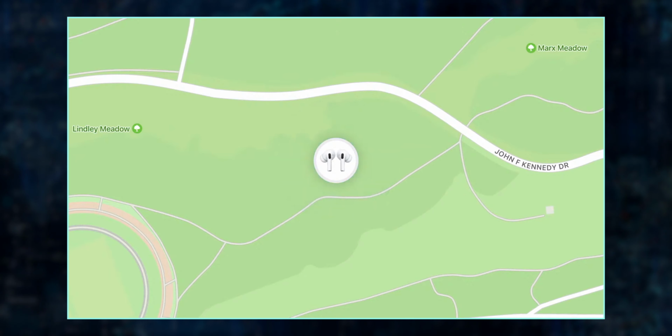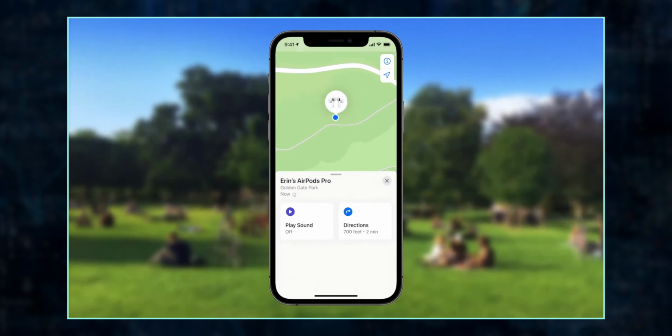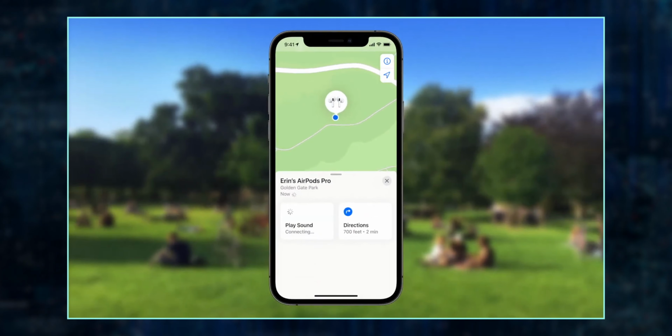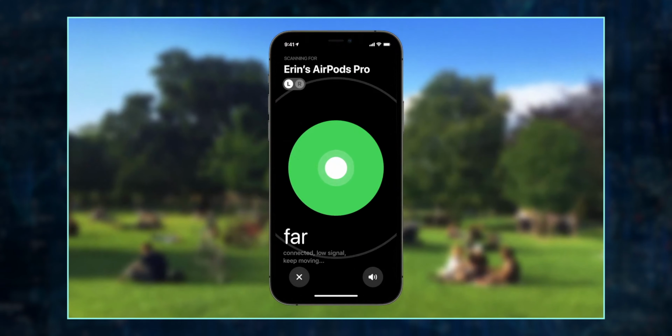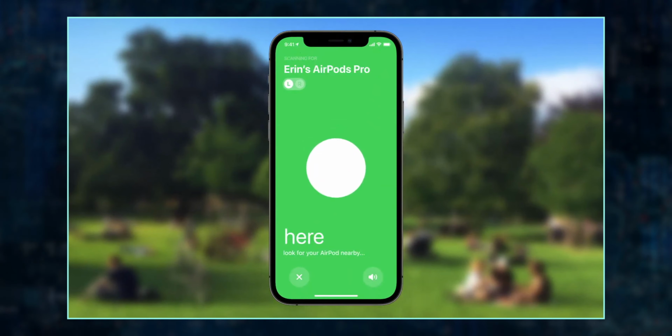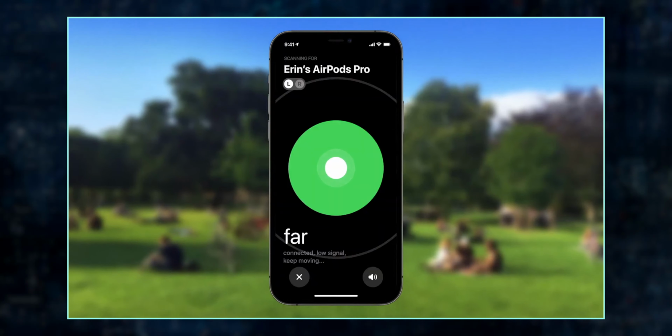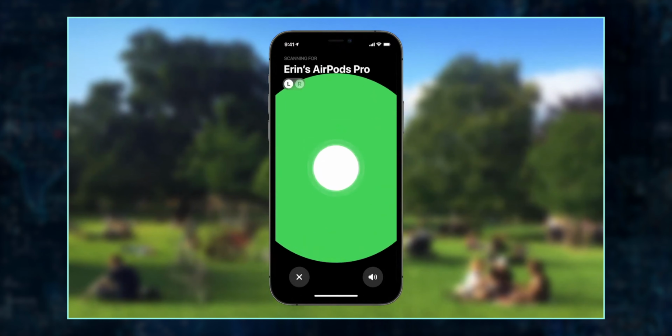And right now, with Find My, it will be easier to find your AirPods Pro or your AirPods Max. So you will have a feature of proximity, so you will be able to look for your AirPods in a similar way as the AirTags. And you will also receive an alert if by any chance you leave your AirPods behind. So let's say that you are in a coffee shop and you forgot your AirPods. You just left and forgot your AirPods on the table. You should receive a notification on your iPhone letting you know that you forgot your AirPods, so that way you can come back and take them.